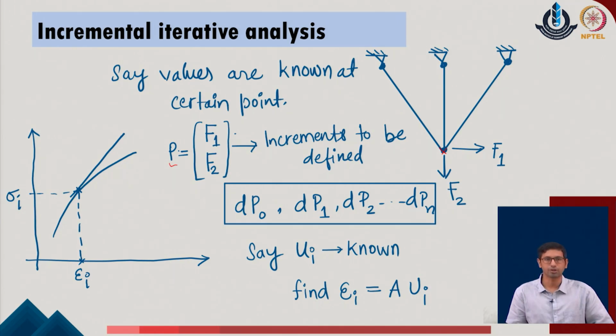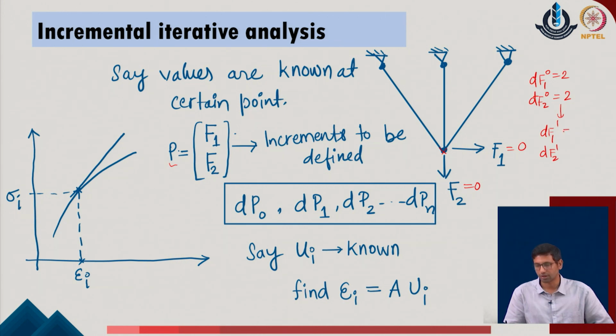Now, we need to come up with some values of the increments in the load values of the system, which means that we can start with saying that F1 and F2 initially are 0. Then we can come up with both the values of d of F1 and d of F2 at the first increment, which will be increased by some value of, say, 2 units. It could be the same, or it could be different as well. As this increment takes place, we will come up with the new updated values of the forces. As a second increment, we will go with d of F1 and d of F2 with the next increment, and we can go with the values of, say, 3 units in the given system.